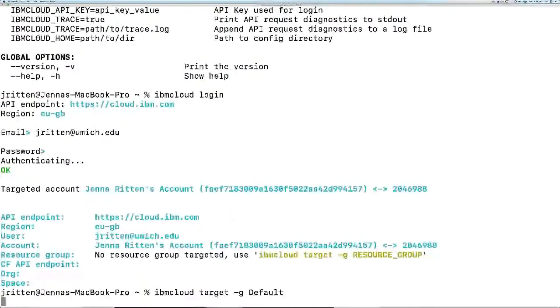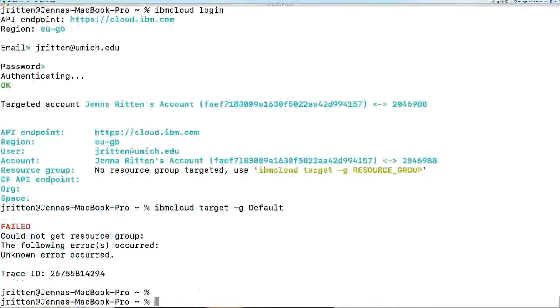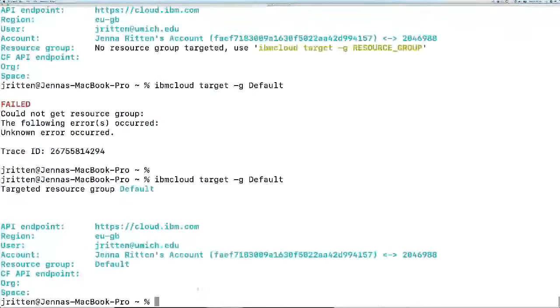Oh. Okay. Scan. There we go. So now we want to,